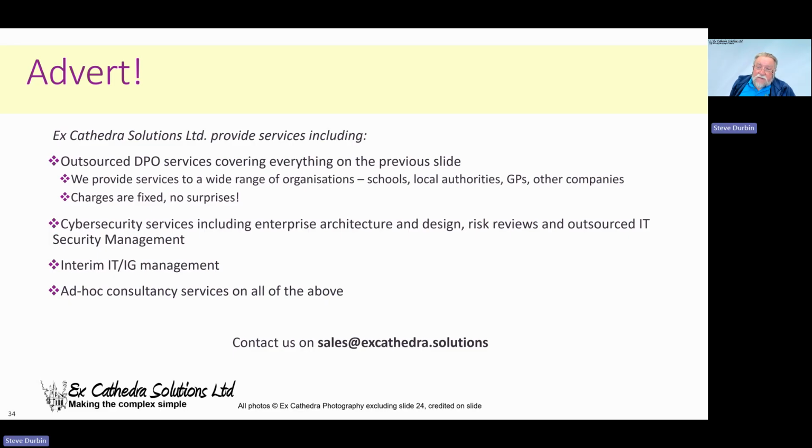We've also done other companies, and we provide services to other companies in the same field, who use us as a subject matter expert. Our charges are always fixed. We don't do click charges unless you specifically ask for them. So there are no surprises. You don't have to think, I can't call in because it's going to cost me money again. It's a fixed price.